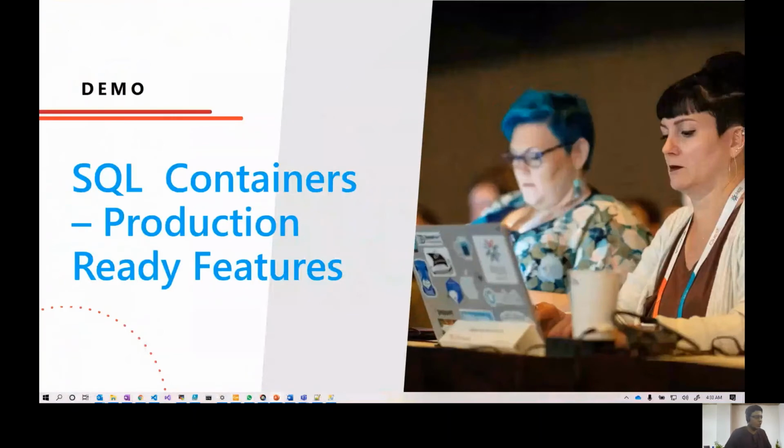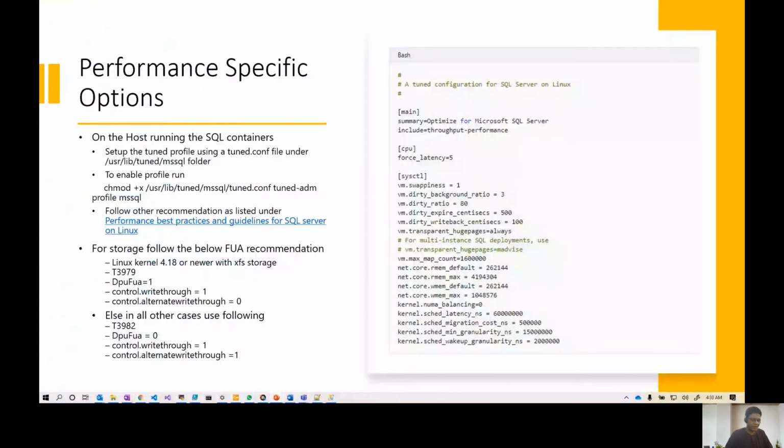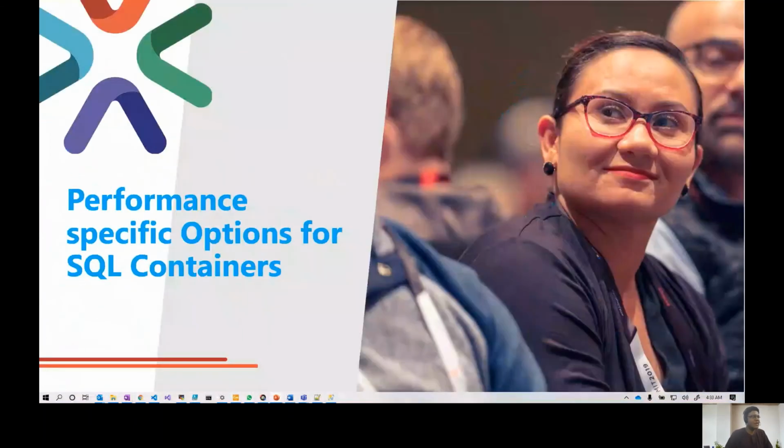Great. So we've looked at the different options here. Now the next thing I really want to talk to you about is certain performance specific options that you can enable on your environment so that you can get the best out of the resources you've provided. For example, if you've not heard the session that Tejas from our team gave on SQL Server on Linux, he talks about different options where you can make your SQL Server on Linux and Azure environments run much faster,